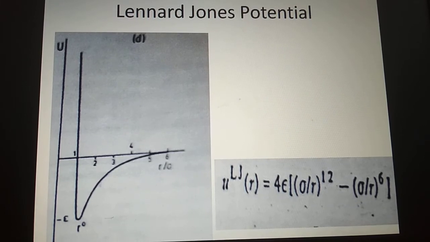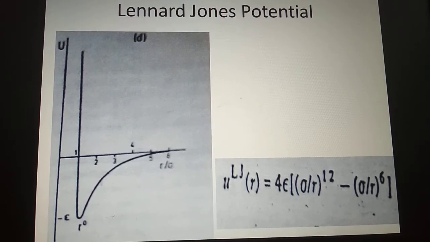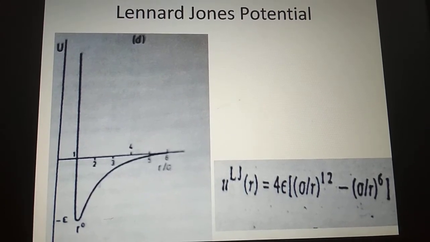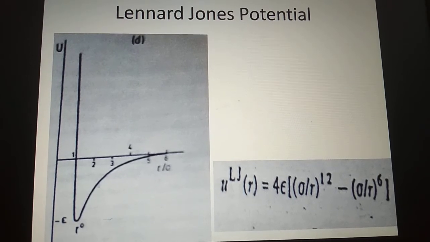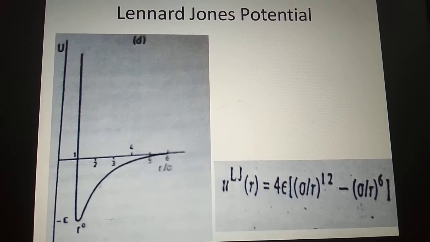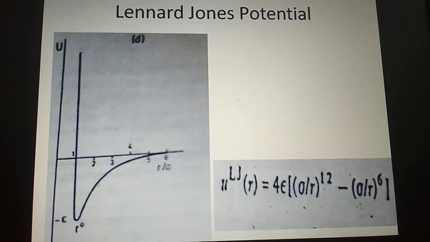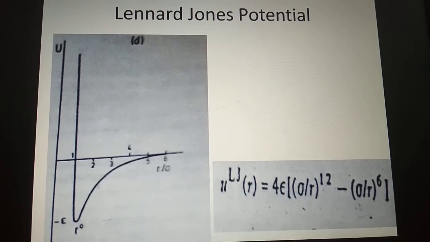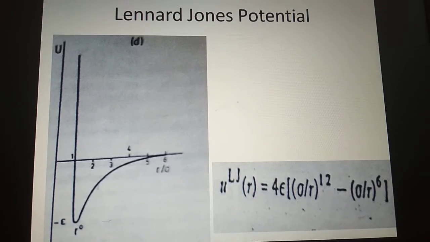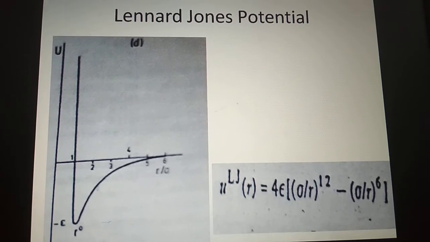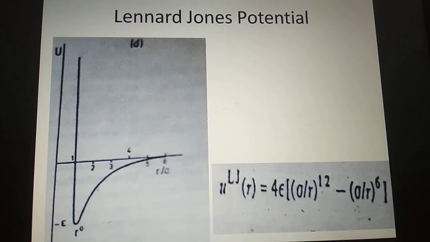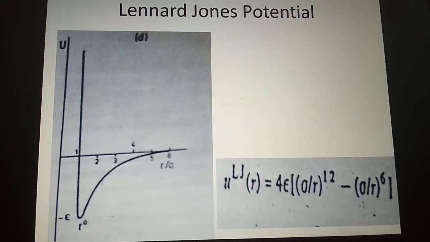from Max Born's treatise on lattice enthalpies. U_LJ is equal to 4 epsilon [(sigma upon r) raised to 12 minus (sigma upon r) raised to 6]